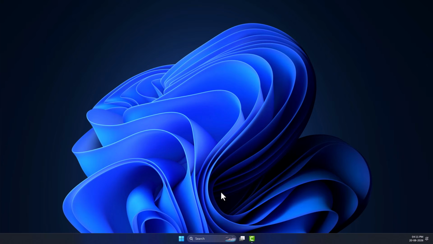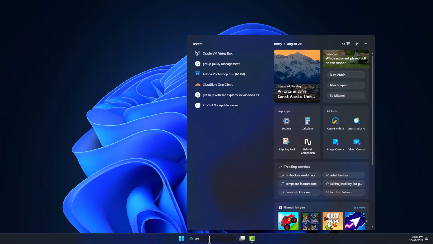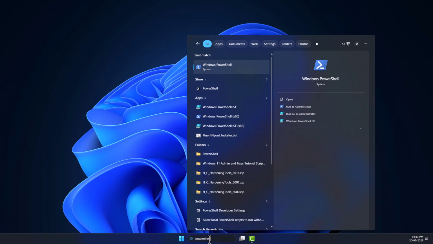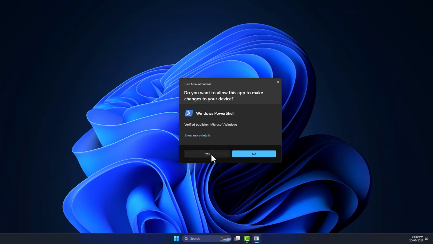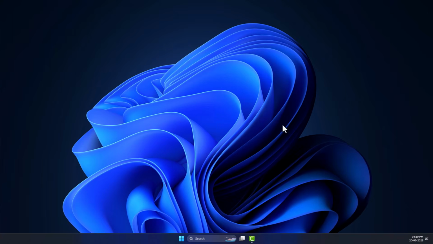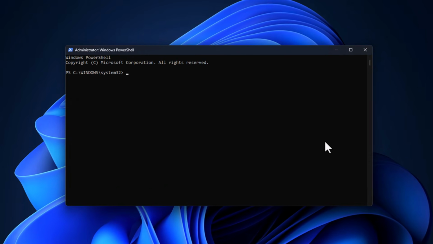If the normal uninstall option isn't available or isn't working, you can also remove the Copilot package through PowerShell. Open Start and search for PowerShell, right-click Windows PowerShell, and select Run as Administrator. Click Yes when User Account Control appears. Now enter the following command: